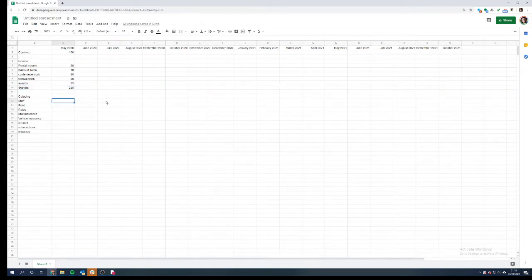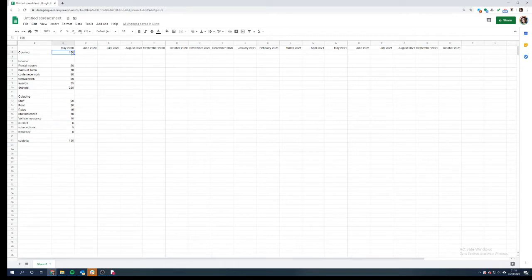Okay, outgoing staff. Let's say your staff is 15. Let's say your rent is 5. Your rates are 3. Your stat insurance is 2. Your vehicle insurance is 2. Internet is not much, 1. Subscriptions are 1. And electricity is 1. Those numbers are actually a bit out, aren't they? Let's make them bigger because that's not very helpful. Sorry, guys. Let's make it sort of 60 and 20 and 15 and 10 and 10 and 5 and 5 and 5. Okay, now let's do subtotal again. In fact, if these numbers are wildly out, that wouldn't necessarily be a bad thing later.